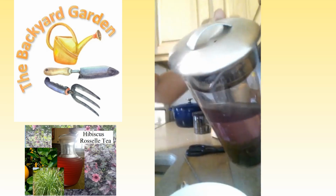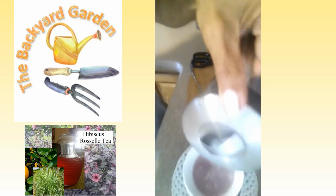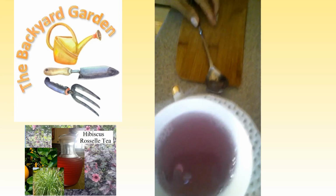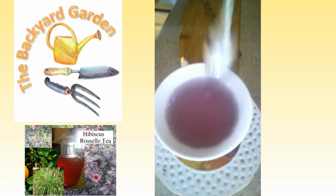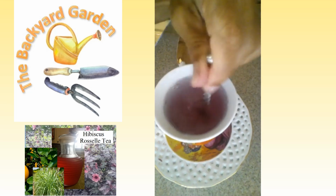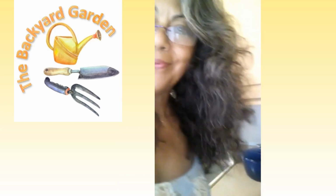So here we go. Look how beautiful. It has this very sweet color. Oh my goodness, can you see it? There it is. Look at that beautiful color. Grab my spoon here. You could put honey, or you could put sugar. I prefer sugar. And let's go. Let's taste